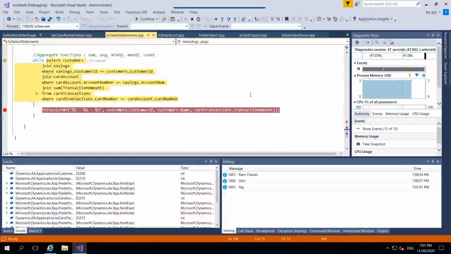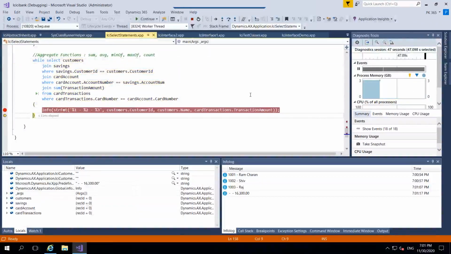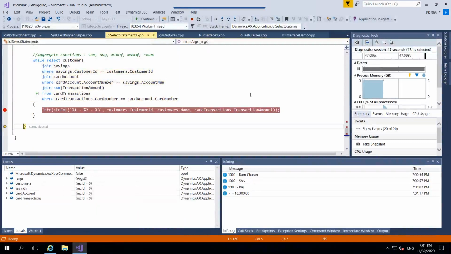Now I am trying to get the sum. Let's see what it does. It is not printing any number. It says 16,300. Oh, what is this? Okay, it has given the total sum. But actually, I have two customers, and it is giving the total sum. How to do that? So here comes into the picture